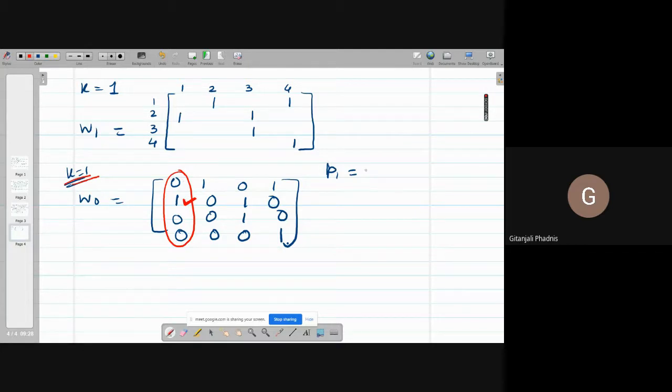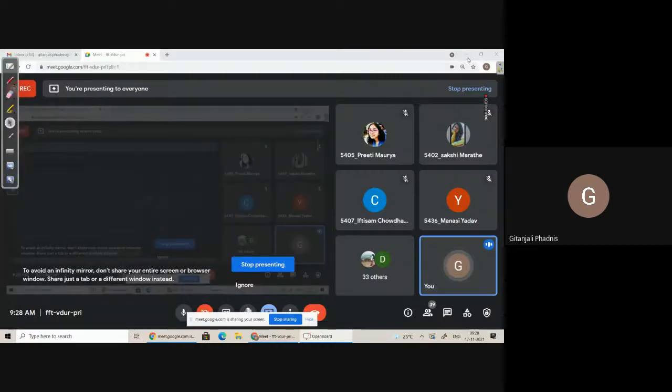So what is the value of P1? 2. Did everyone understand? Yes, ma'am. Now look at the first row. Look at the first row. Where do you find, just a minute girls, where do you find